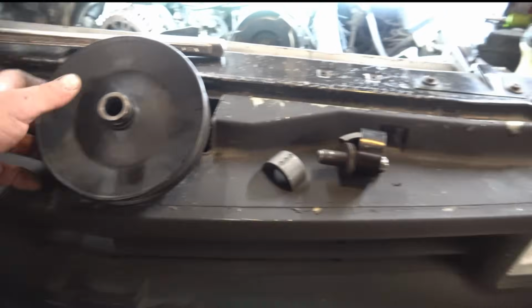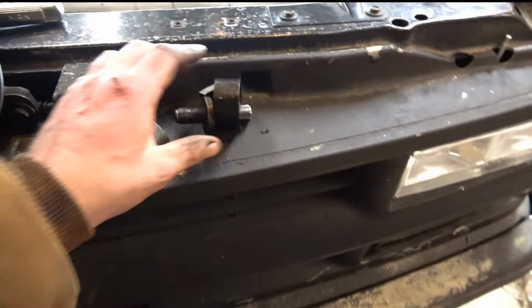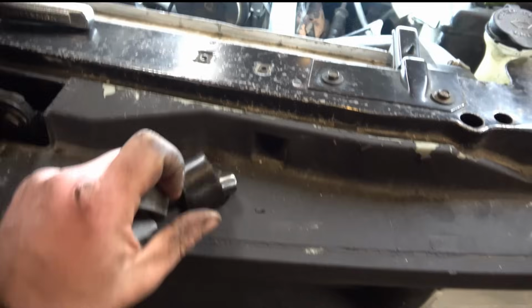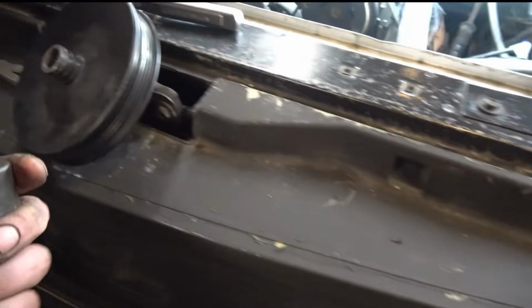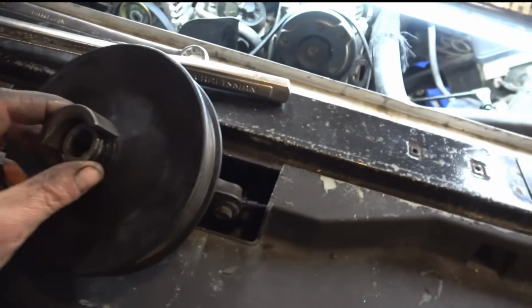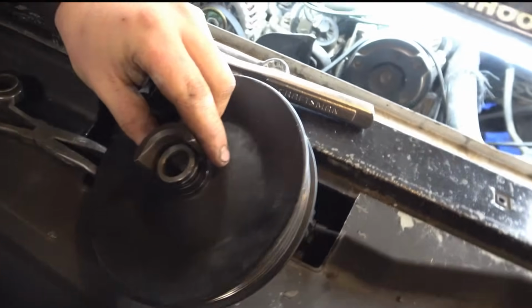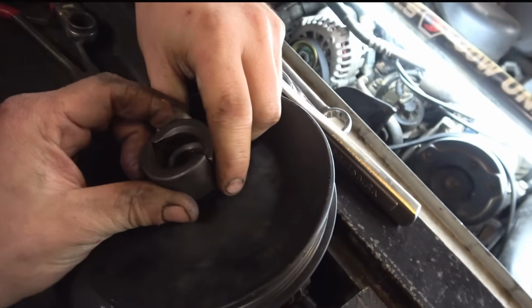Okay, we got the pulley off here. See it? Now you got to use one of these. I'm going to attempt to do this with one hand, but this will stop rolling. Now, what you got to do is hook one here. Just hold that there for a second. Now I got to do it where I can show it to him. Put one there, and then you're going to have the other one that matches over it like that,